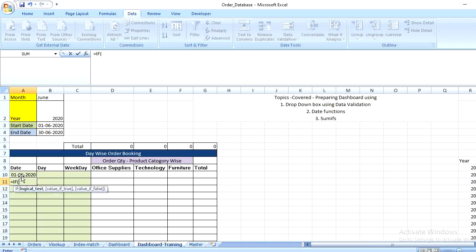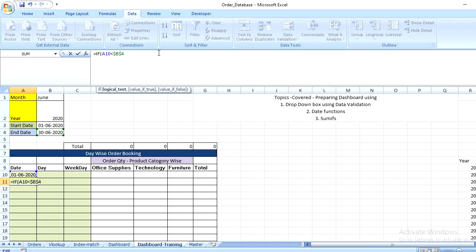So here my logic test is: I am selecting the previous day in the next row, less than or equal to the last date. Here I am pressing F4 to add the dollar symbol.